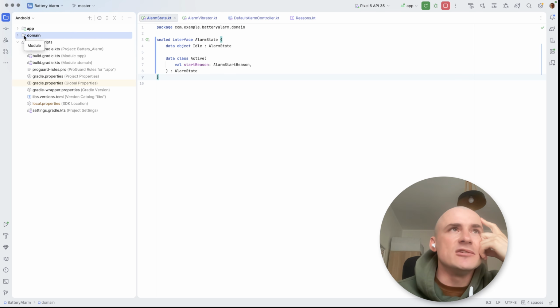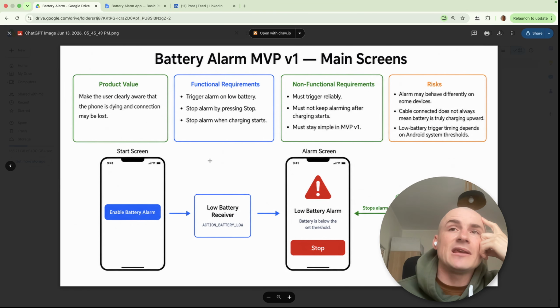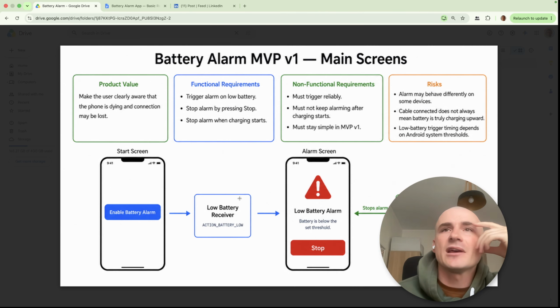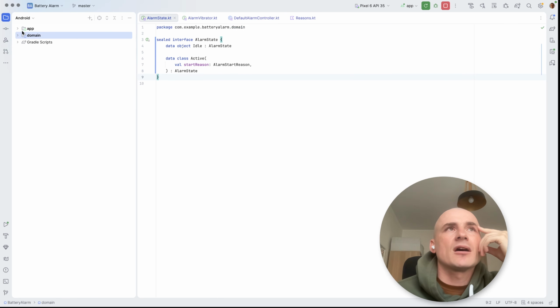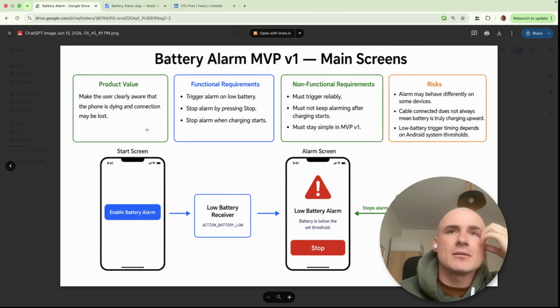What modules did Codex generate for me? Application and domain. Will it be enough for me? Yes. For this system design I created, for these components we'll be using, it's quite enough. It's a very minimal separation by at least two modules, for the domain layer and for the application. This way, I like to have at least these two modules, even for such a minimal project